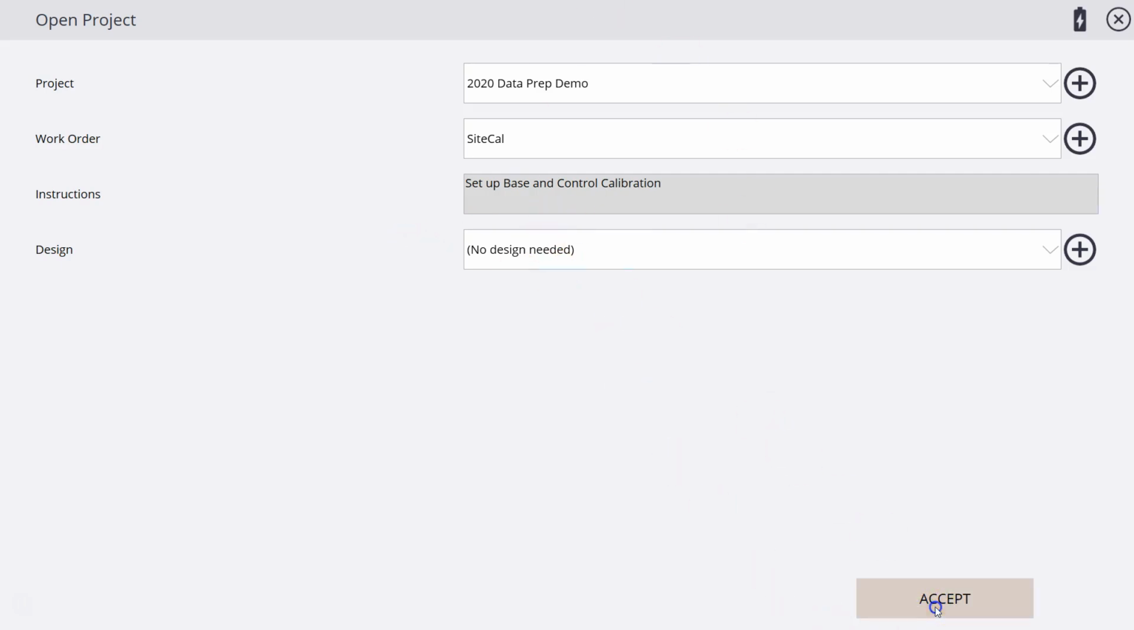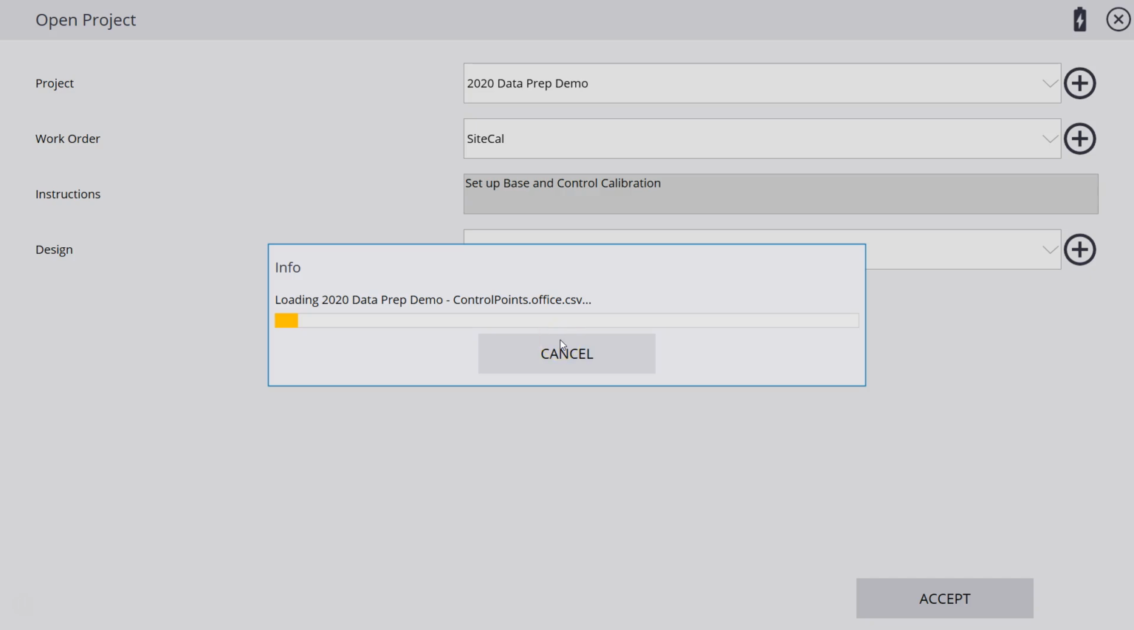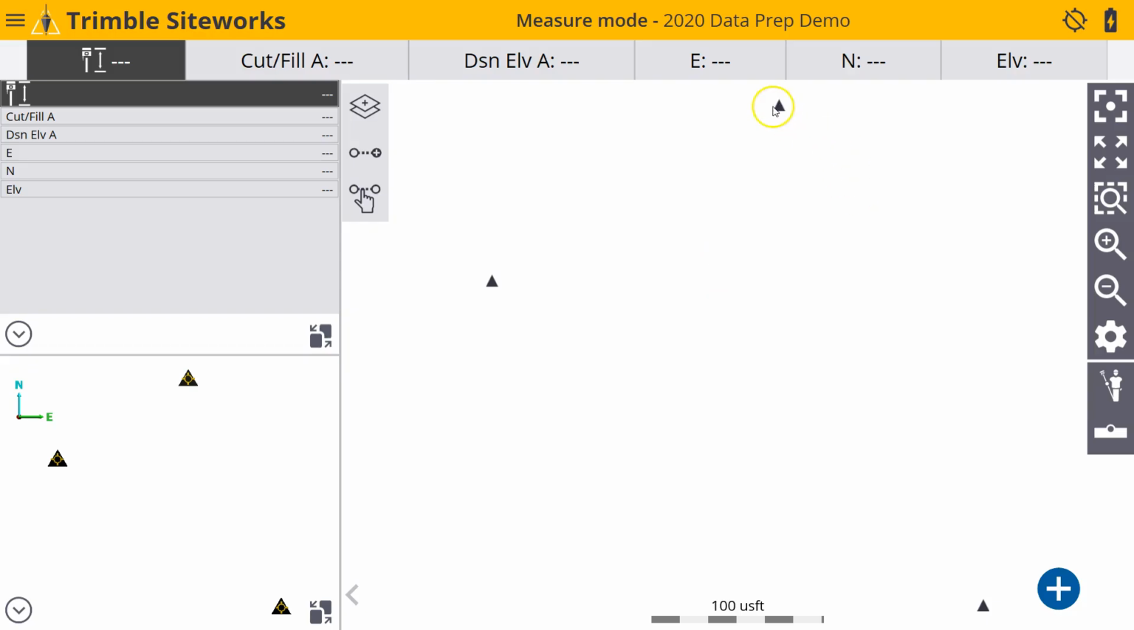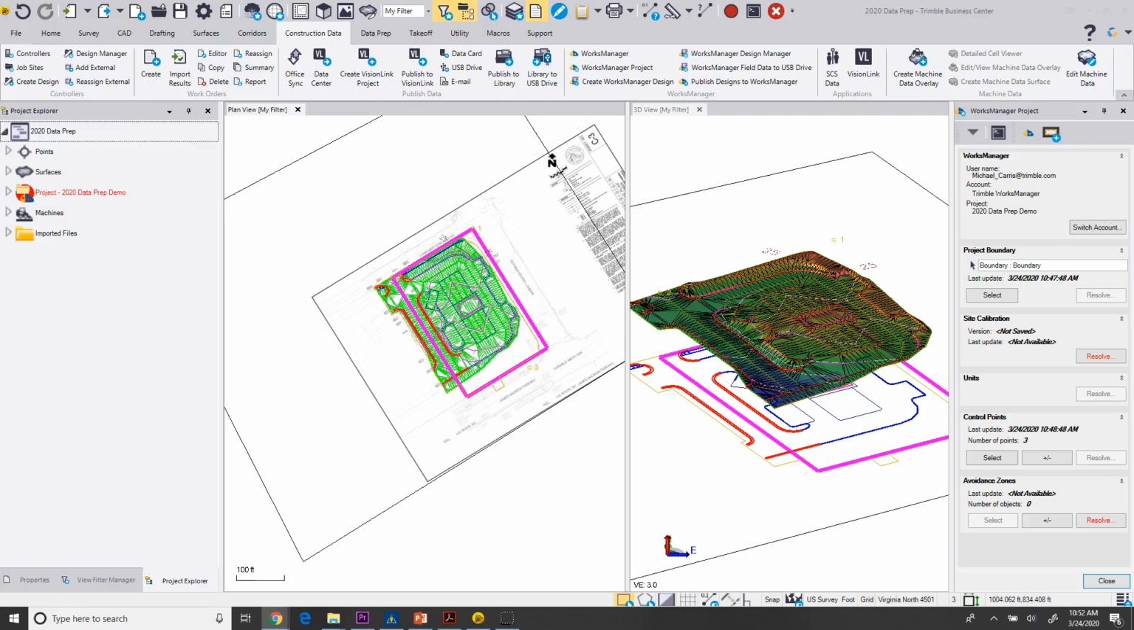We'll go ahead and accept. I don't need a design because I don't really have a design at this stage. And now they're going to go out, and in SiteWorks, they're going to do the calibration. Now, because I can't do the calibration here with my emulator, I'm just going to simulate that they did that. And what I'm going to be able to do is go back to Business Center here